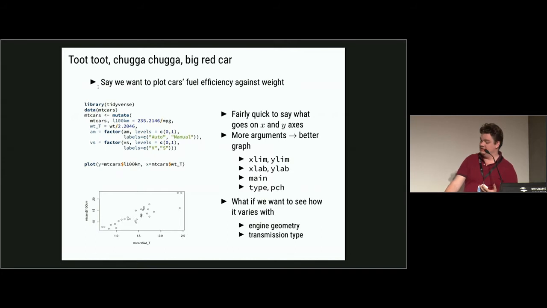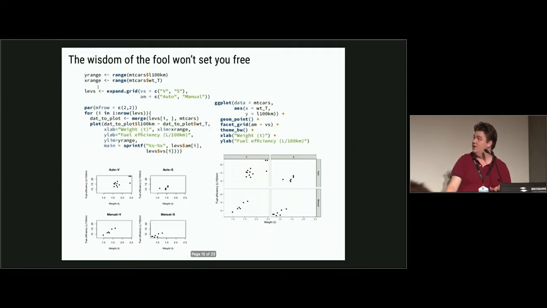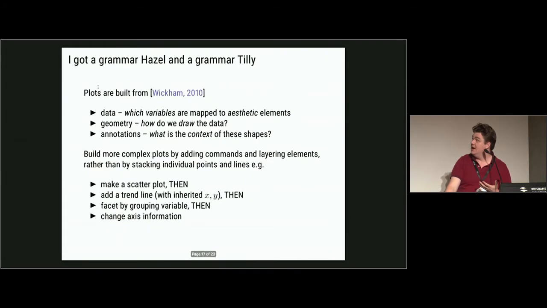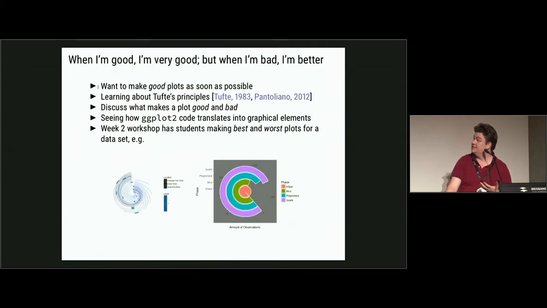I've got the mtcars example, but I've got it in real units like liters per 100 kilometers and weight in tons. Base plot's really easy to use, and as you add more things to it, you get a better plot. But if you go to ggplot, the cognitive load for a student to follow that is much simpler once you teach them the syntax of how ggplot works. The same sort of thing with all the stuff in dplyr. Once you've explained this is how this function takes data and how it returns things, they can go quite far, quite fast.